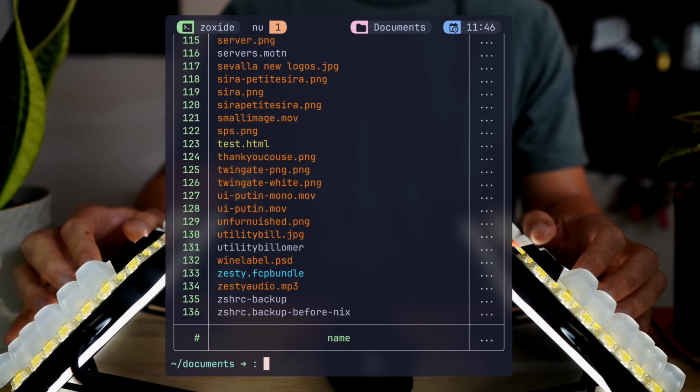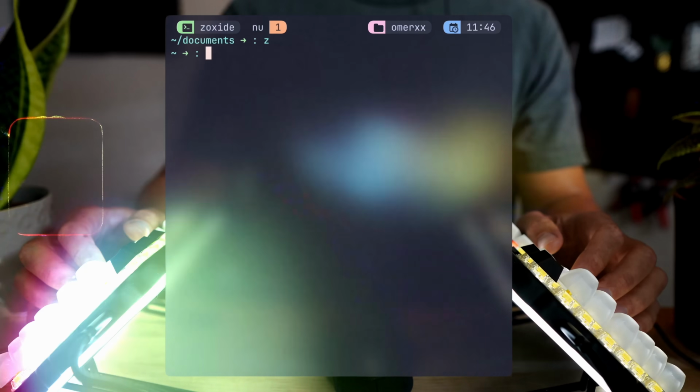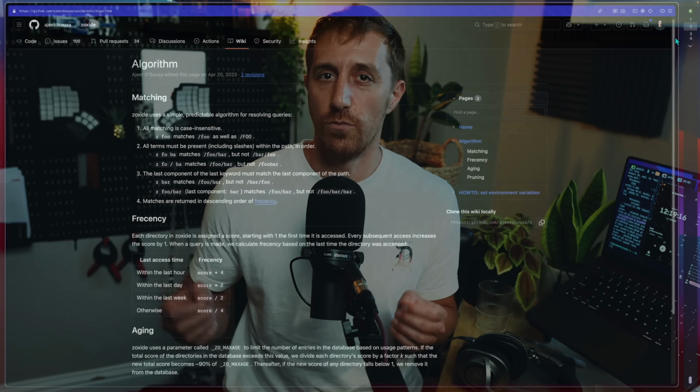There I am on my documents directory and there are my docs. Now, let's make sense of how it prioritizes paths to travel to. This is more complicated than any of us actually cares about, since we want what we want and it should magically find it. But while we're at it, to simplify the system, the default algorithm used is aging, where Zoxide